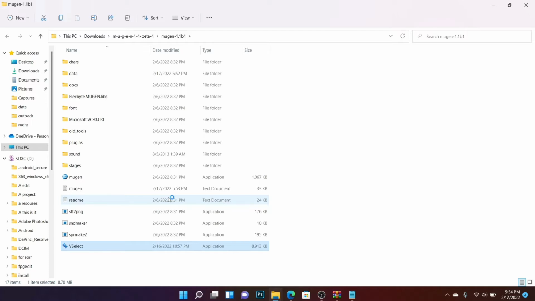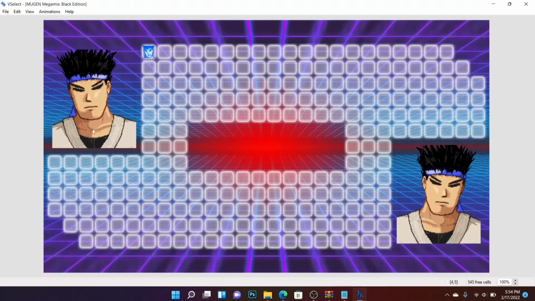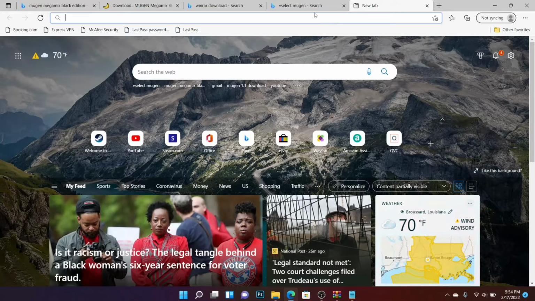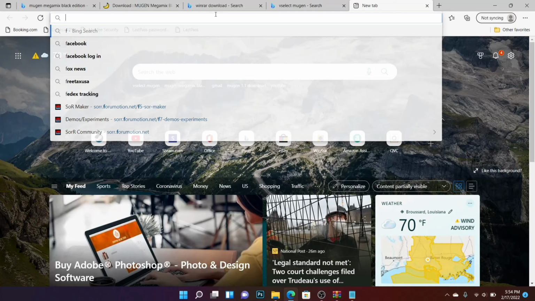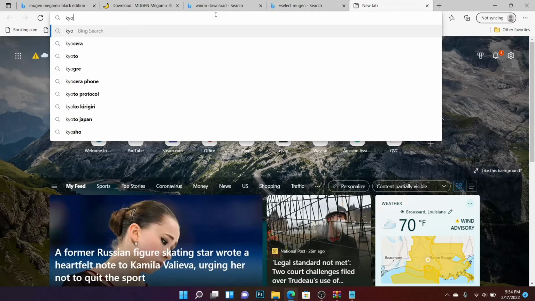So you guys can basically get a gist. And bam, it has a mock-up version of what it's gonna look like, so nothing too crazy. You can see all the characters and stuff. But first we're gonna actually get a character to install. I don't know which character to do. I guess Kou from King of Fighters, because King of Fighters just got a new game. And we'll just look up Kou